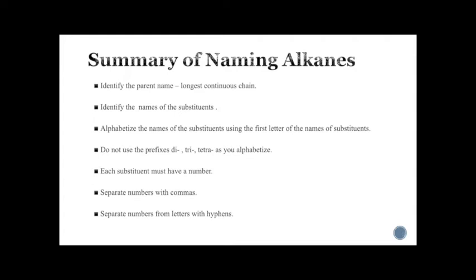And if I have multiple of the same substituent, then I'm going to use di, tri, and tetra, depending on how many I have. And we're going to label each substituent with which carbon it is located on. We separate those numbers with commas. So if I have several methyl groups, I need to separate the numbers with commas, even if it's on the same carbon. So let's say, just to give you an example real quick,